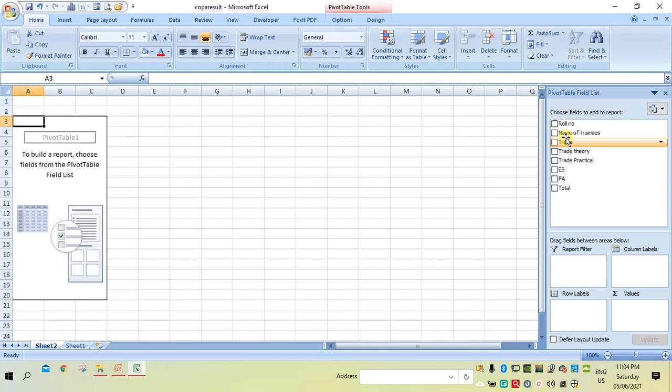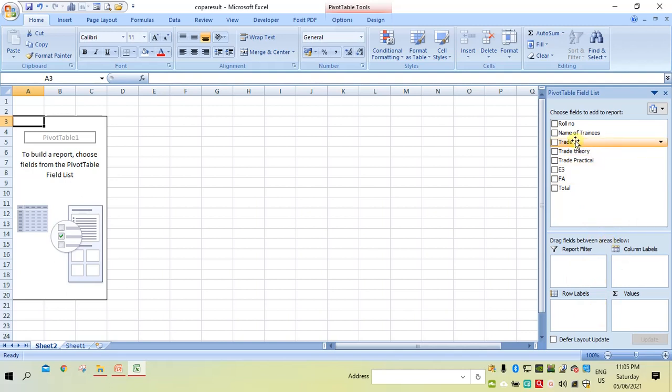Here it is listing all the column names, and here it will give you 4 drag fields. You can drag and drop them, or you can just select them so that they choose their area automatically.